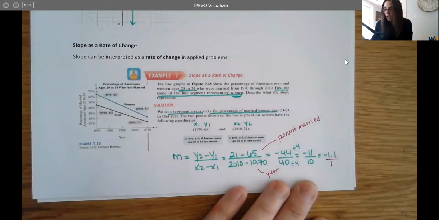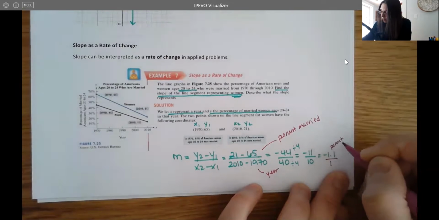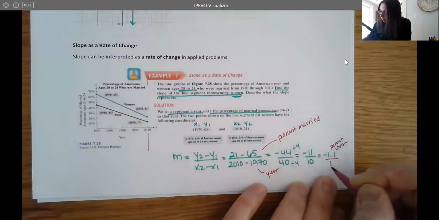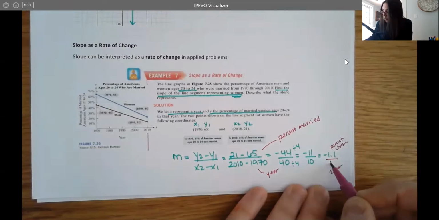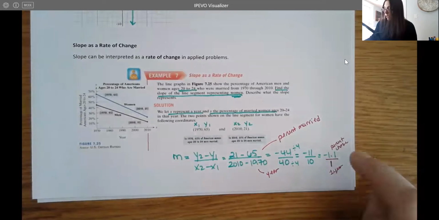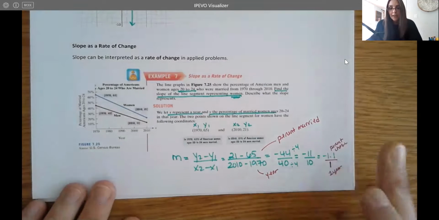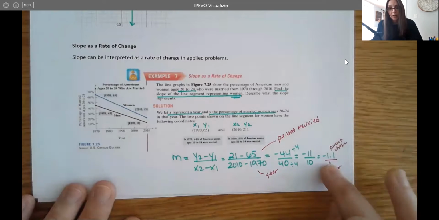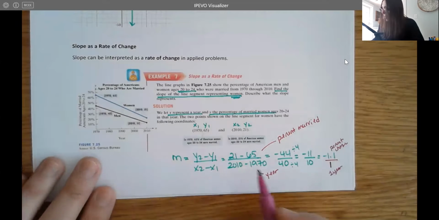So when we're thinking about rate of change, this is going to be the percent change for 1 year. Because again, if there's no denominator, there is a 1, and our units in the bottom are years. Our units in the top are about the percent. So what we're actually comparing here is how the percent is changing compared to the years. So what this means is that about